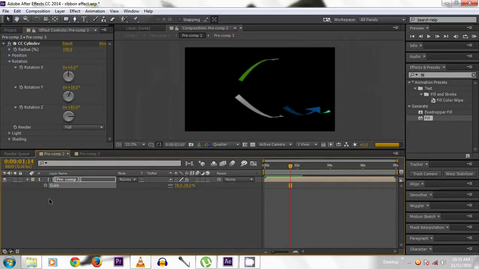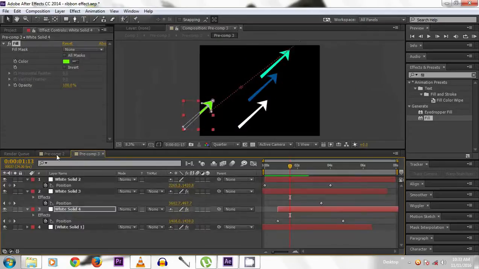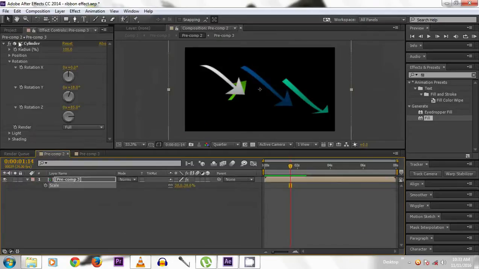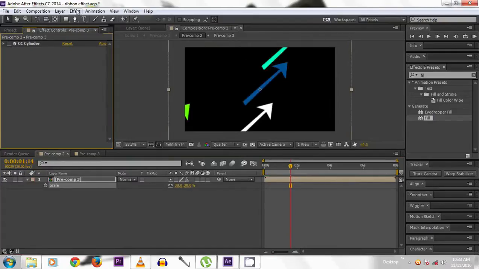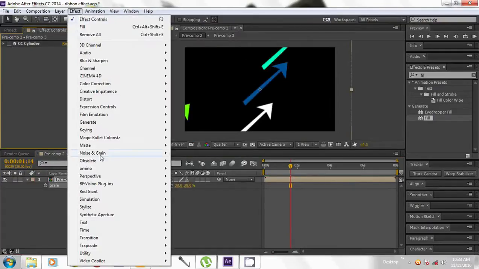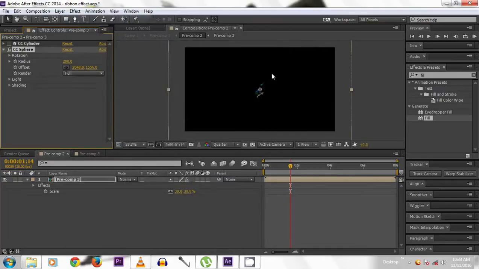Now if we want a different animation, go to the effects panel, effect controls. Instead of CC Cylinder, we can go with different perspective effects, like CC Sphere. We have the sphere shape.